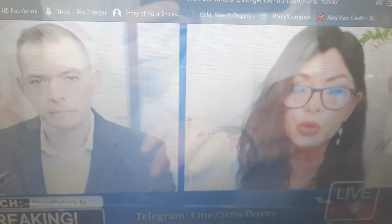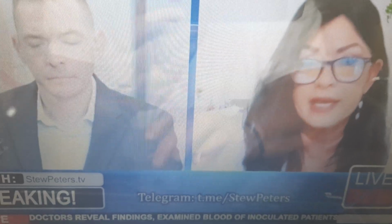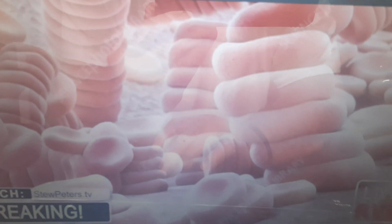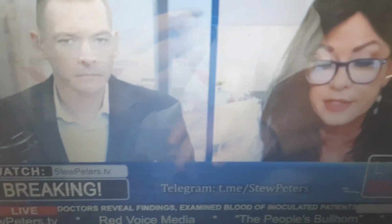And Stu, what these blood cells demonstrate is a stacking phenomena that's called Rulio. I want to share with your viewers, the Rulio formation of red blood cells is really a stacking of 4 or more red blood cells. And you can see in the photo here of the red blood cells that they just line up like a stack of coins. It's normally found in patients with blood cancers. And I want to just read this. Rulio formation refers to the stacking of 4 or more red blood cells. The red blood cells normally, by the way...